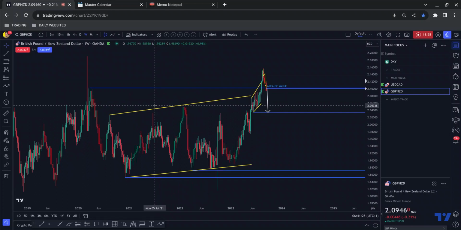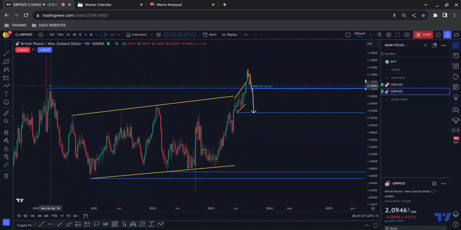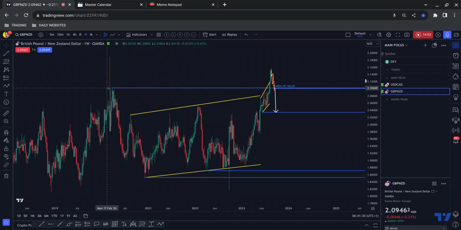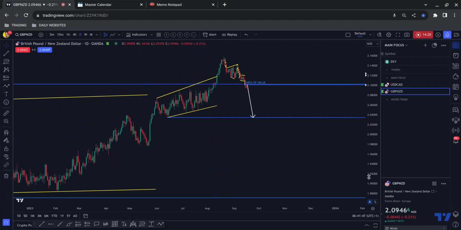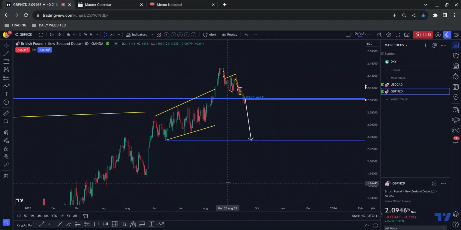And typically what we see, as I've said, at these standout areas of value, these weekly or daily highs, is we will see the brokers and these trading news platforms put out things in their little ticker feed, such as pound Kiwi at 3-year high. You can see this was 2020. What that does is when price gets to this area, particularly when we break out of a piece of structure such as this, it encourages people to buy the highs, because they fear it's going without them. They believe that what was previously resistance is now support. The brokers are doing their best to help this kind of trading behavior.